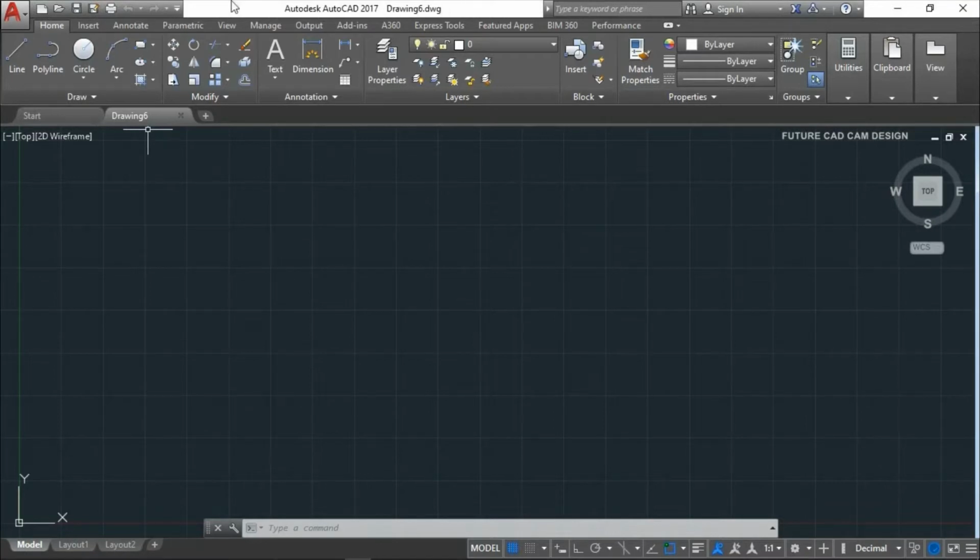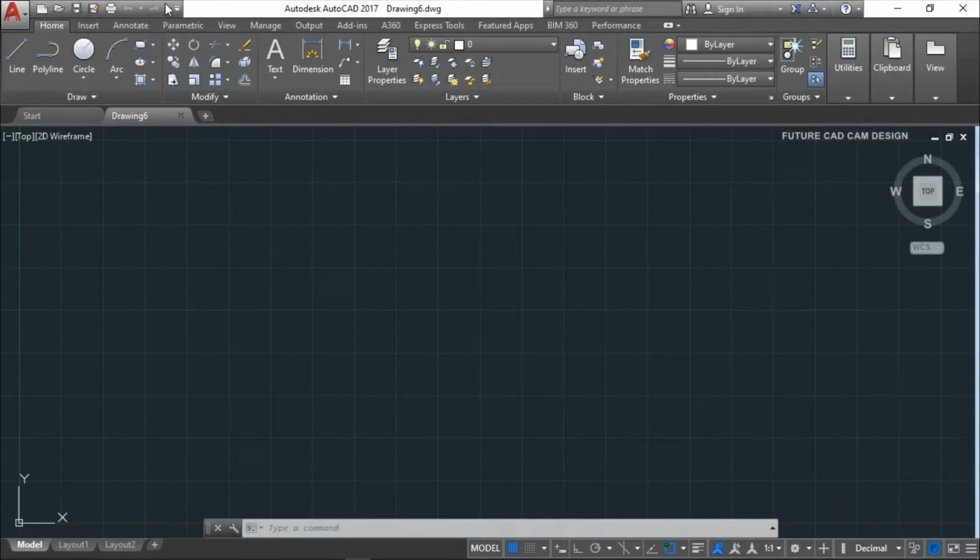So first of all, here at the top side you can see this bar. This is called the title bar. Here you can see the version of AutoCAD which we are using. Then here on the left side top corner you can see the quick access toolbar. Some of the options are available here. You can see start a new drawing, and you can save your file.